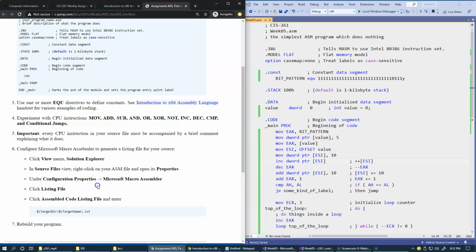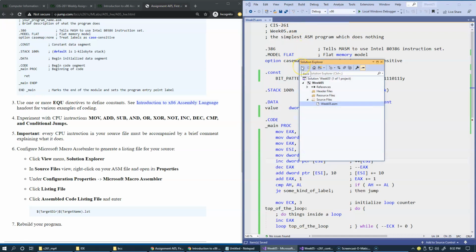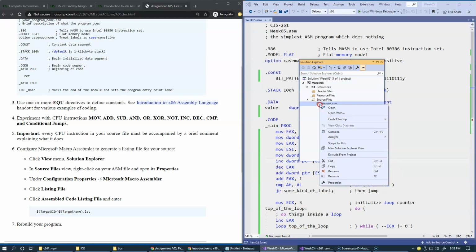So these are the steps. Basically, I have my week 5 project already open. So we jump to Solution Explorer, View, Solution Explorer. Here we go to the source files, and this is our source file. Of course, this is the input for our Microsoft macro assembler program. So we just jump to the properties of this file,